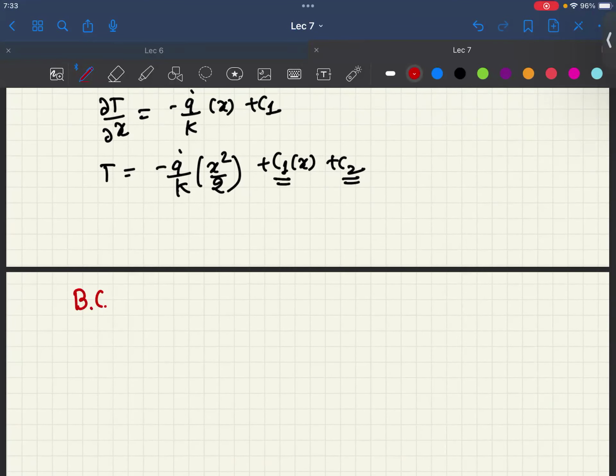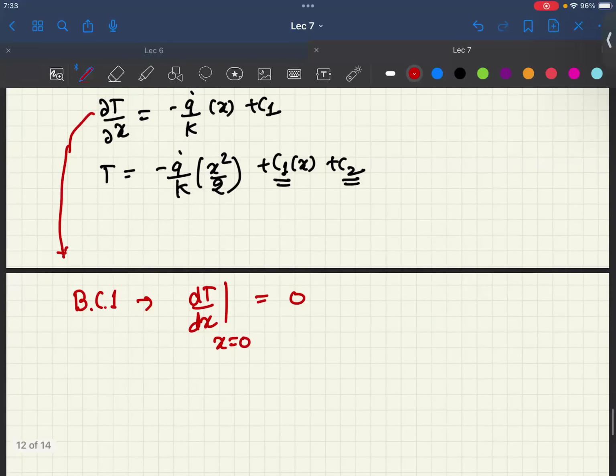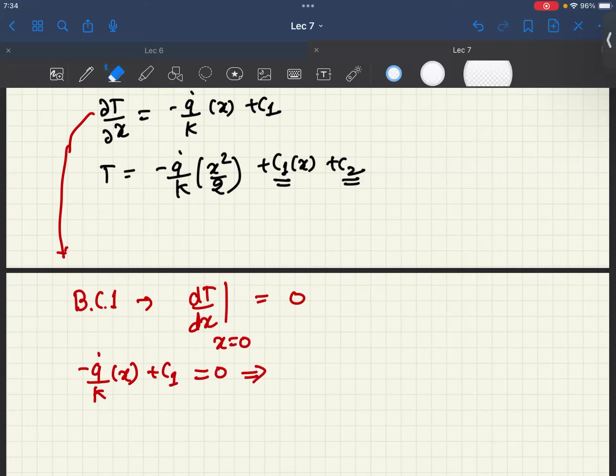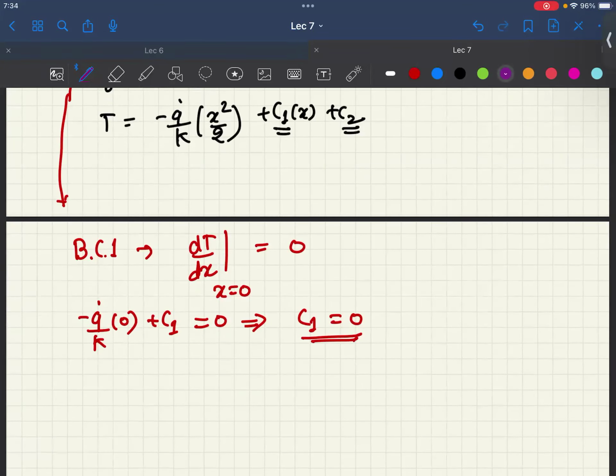Already I said boundary condition 1 is dT by dx at x equal to 0 is 0. So we can use directly this expression, which means minus q dot by k into x plus c1 is equal to 0, and x will be turned to 0. This means c1 is equal to 0. Okay. And then the second boundary condition is